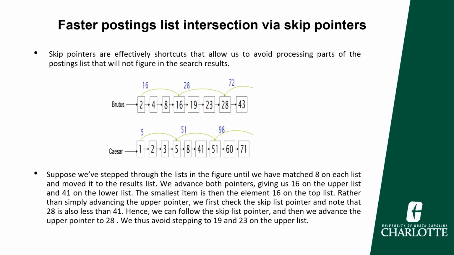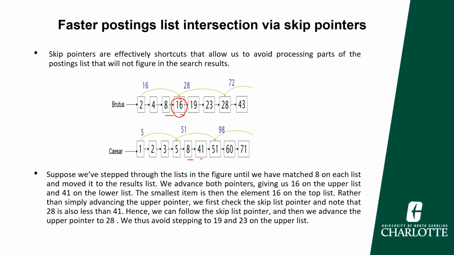Now coming to the next topic, faster posting list intersection via skip pointers. Here basically the usage of skip pointers is to avoid processing parts which wouldn't be part of the results. So if we take an example from the upper list and the lower list, we can match 8 from both of the lists. So now the 8 will be redirecting to 16, and in the lower list it will be redirecting to 41. Since 16 is the lower number, we compare it with the 41, and